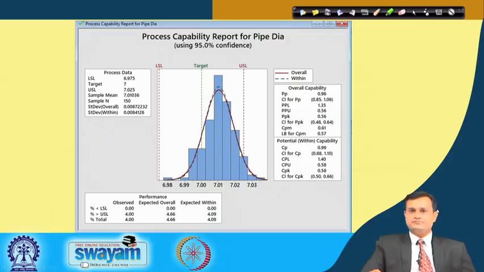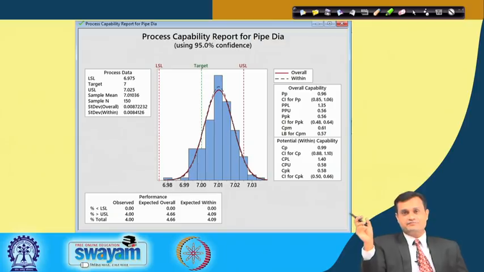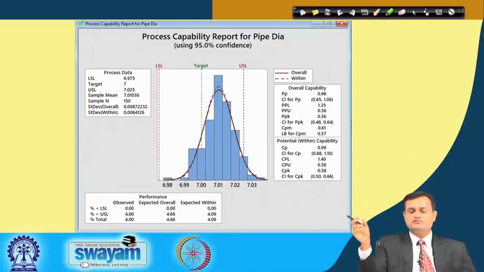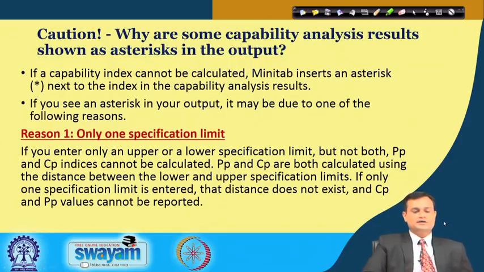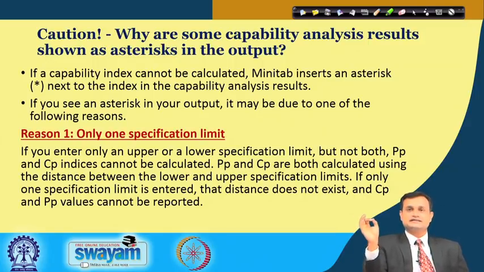So, this is 95% confidence, and in the same way you can see the band, the statistical confidence interval band, within which at 95% confidence my PP will fall, my PPK will fall, and so on. So, you have certain cautions, and I mentioned that if you do not enter the data properly, your Minitab output will show you the asterisk for some of the indices or some of the results, and this asterisk indicates